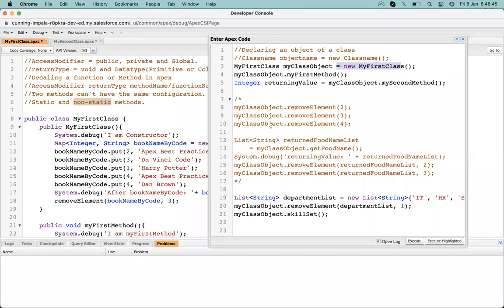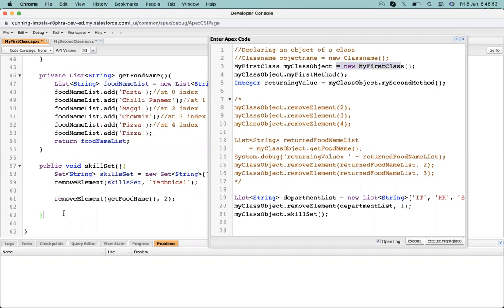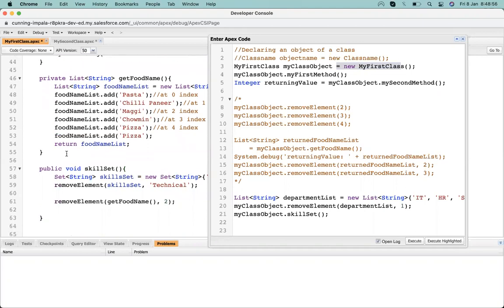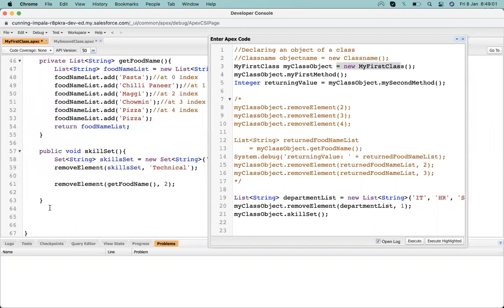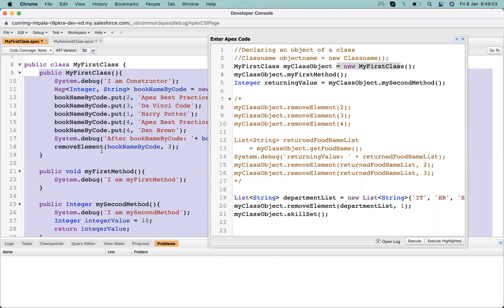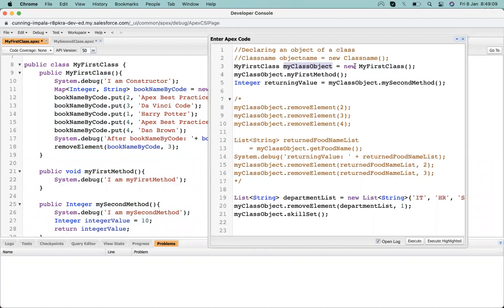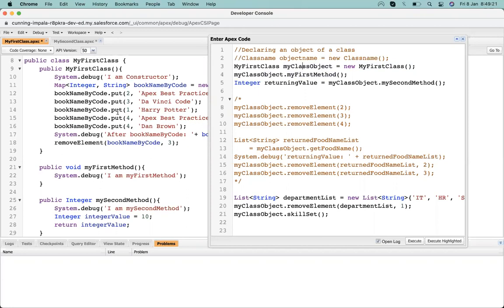Due to the allocation of its memory, the way we call a static and a non-static method changes. So let's have a look at that. Suppose we have these methods we just declared. These are called non-static methods. Why? Because for calling this method, we need to declare a new instance of the class. Thereafter, on the basis of an instance name, or we can say object name, we call that method name.